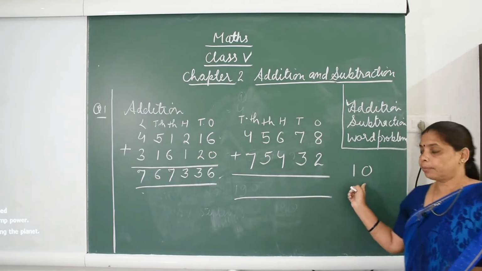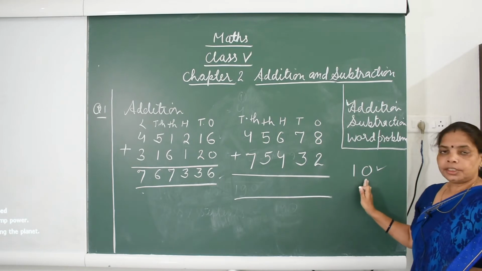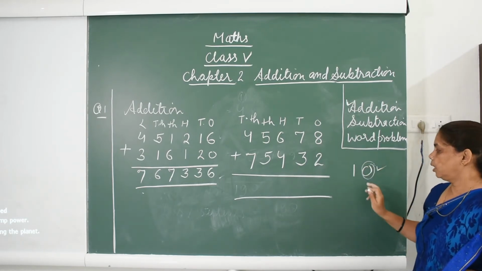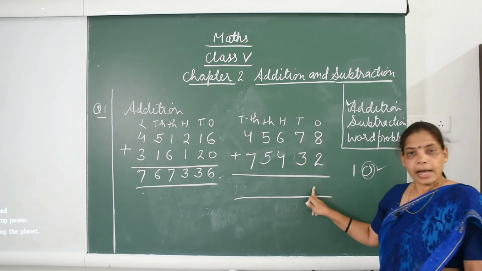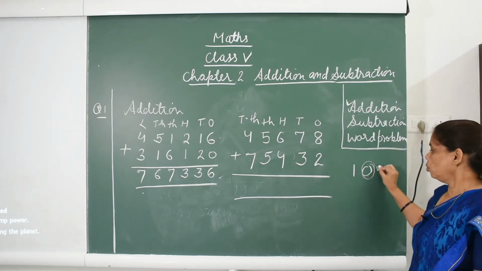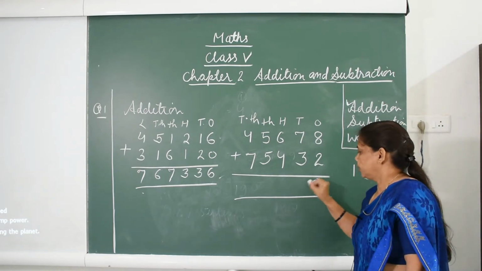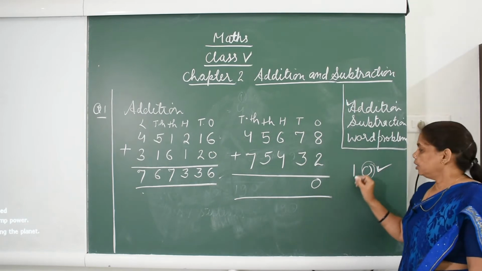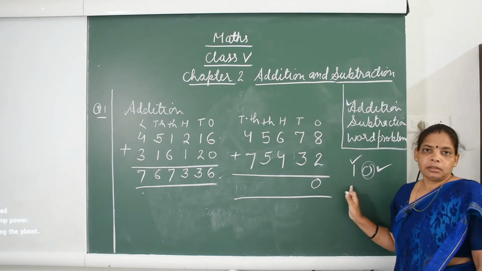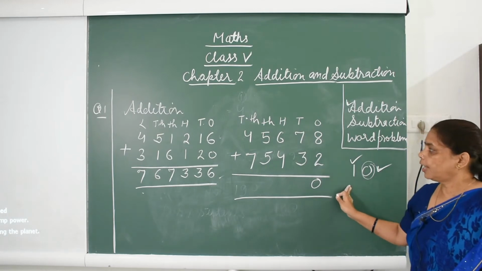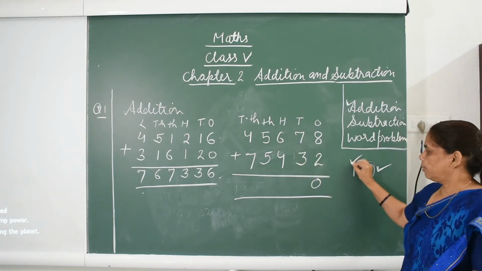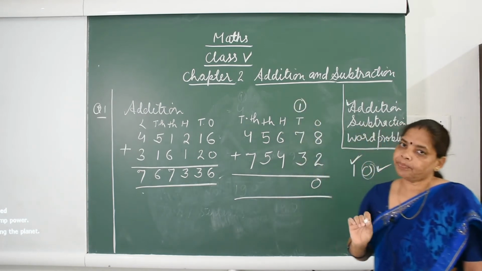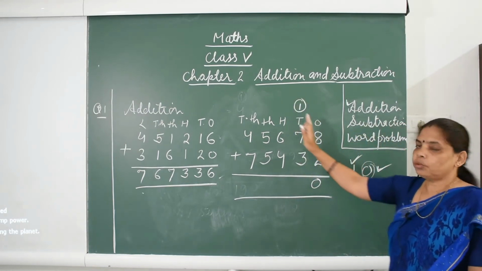See here, a 2-digit number. And you remember that the digit in the place of ones, that is our number at the ones place, we will write in the place of the answer. The tens place digit we will take as a carry to the next place. Understand? It will be taken as a carry to the next place.